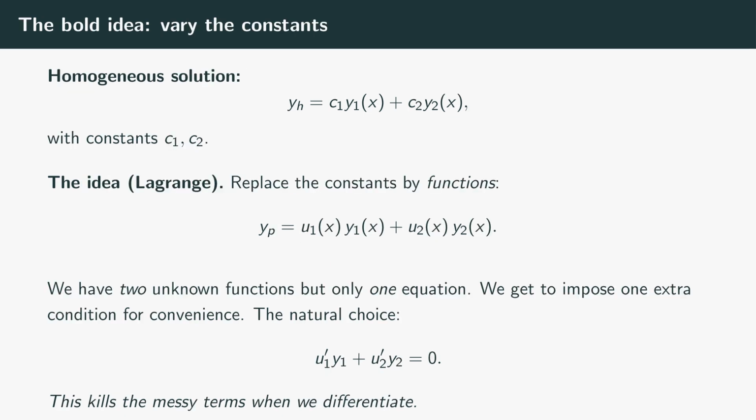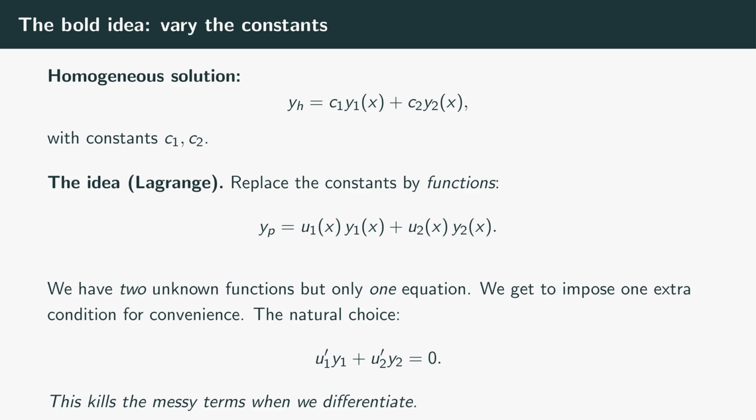Here is the bold idea, and it is due to Lagrange. The homogeneous solution is c1 times y1 plus c2 times y2, where y1 and y2 are the two independent solutions and c1 and c2 are constants. Variation of parameters says, what if we let those constants vary? What if we replace c1 and c2 by unknown functions u1 of x and u2 of x? So we look for a particular solution of the form u1 times y1 plus u2 times y2, with u1 and